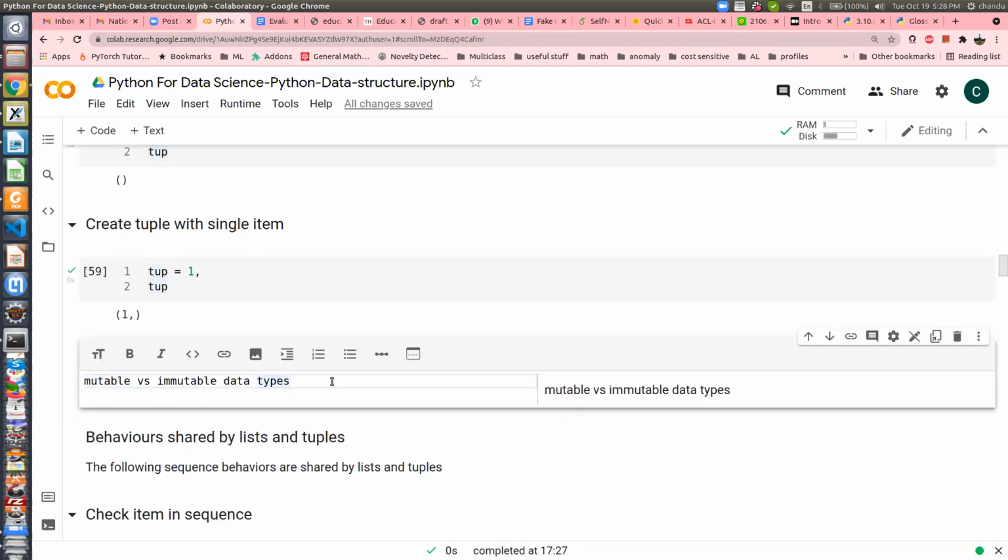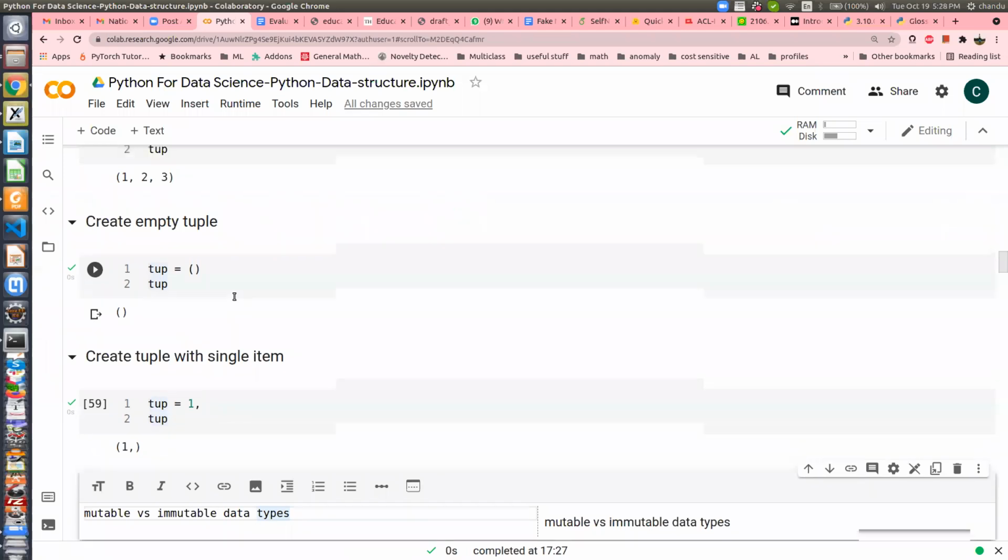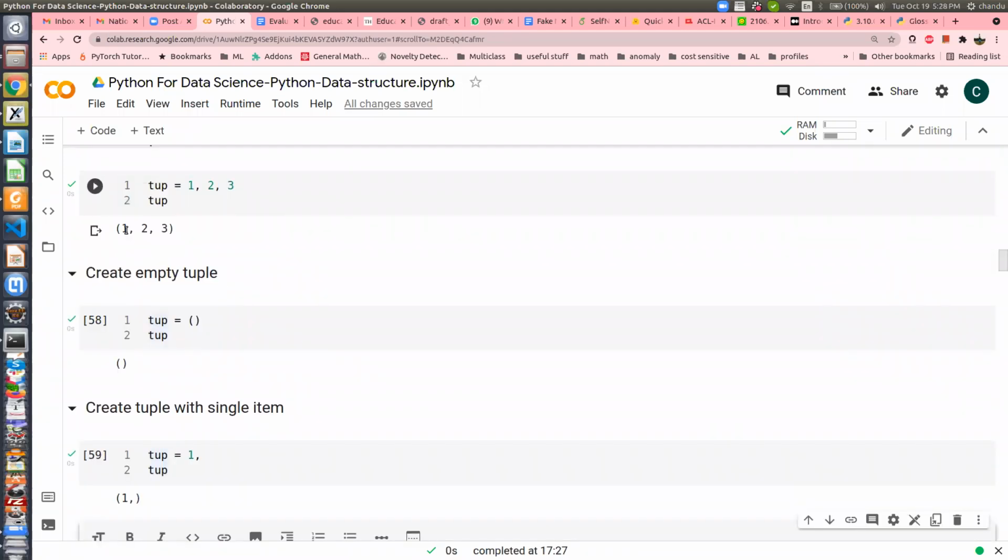So in Python, there are things which you can mutate, that means you can change, and sometimes things are not mutable, you cannot change. So list items, you have already seen that I can update those items. I can change those items, right? The major difference between a list and tuple is that tuple items are not changeable. So if, for example, you have 1 at this location and I want to update this with 5 or -1, you cannot do that, right? So tuples are immutable. You cannot change them. So this is where tuples are useful, right?